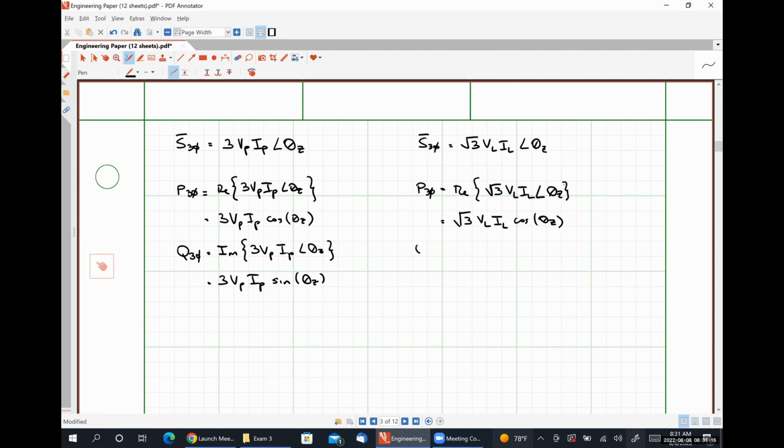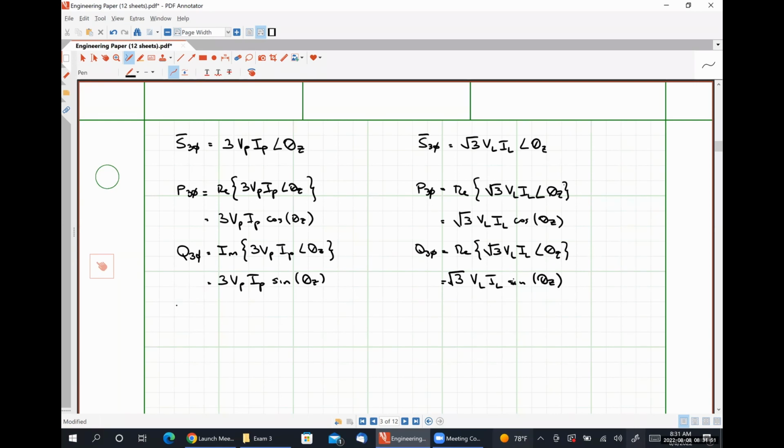And in terms of our line voltages and currents, we are going to have root 3 VL IL sine theta z,